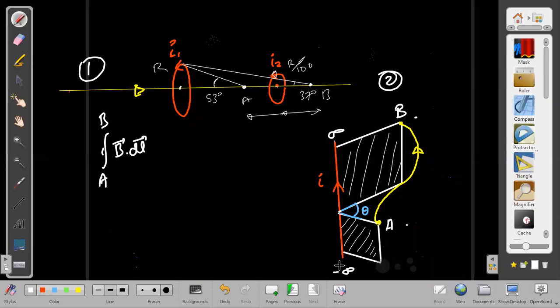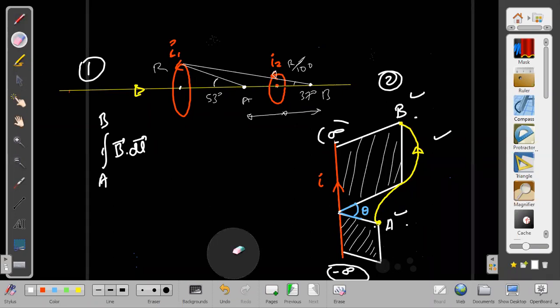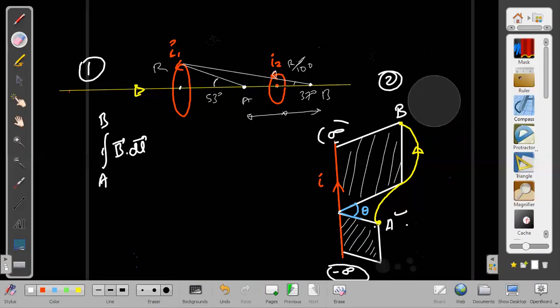In this it is an infinite wire which carries current from minus infinity to plus infinity. And there are two white planes. The angle between the top of one white plane and the top of the other white plane is theta. And I am going from one white plane to the other through this yellow path, and I have to take the line integral through this yellow path. I'm not giving the path shape. Reason? Because it is really not important for us. We can get it independent of any path. It will be the same. If you want, you can take it just like a straight line only. But the answer is independent of path. Therefore, I'm not mentioning the path shape here. I'm not giving the function.